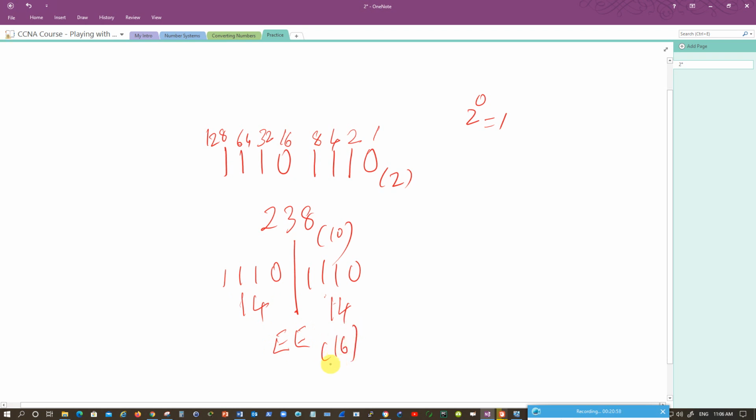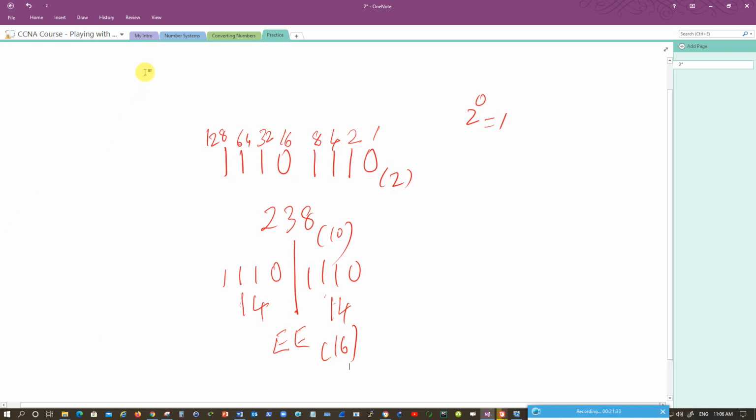So converting numbers is so easy, my brothers. You can practice a lot. These were the shortcut methods I showed you to convert from binary to decimal, decimal to binary, and hexadecimal, and all those things. We have also seen how any given number can be converted from binary to octal. Converting from binary to octal or hexadecimal is easy. You may face trouble when you try to convert any number from octal to decimal.